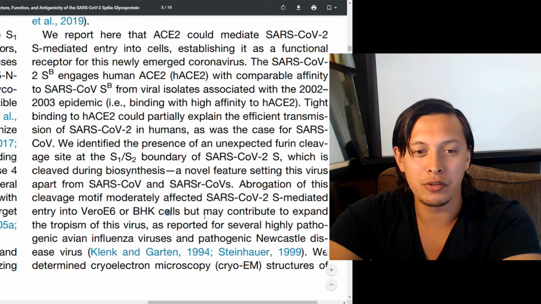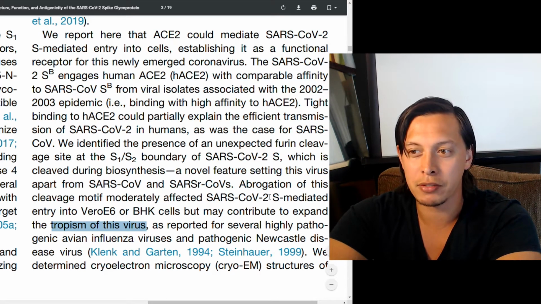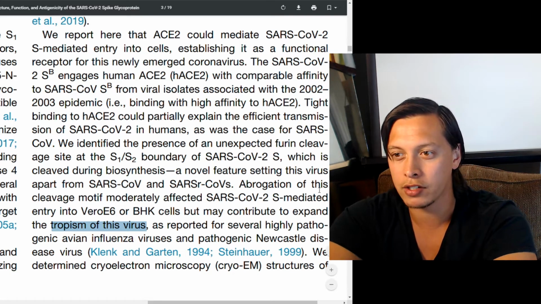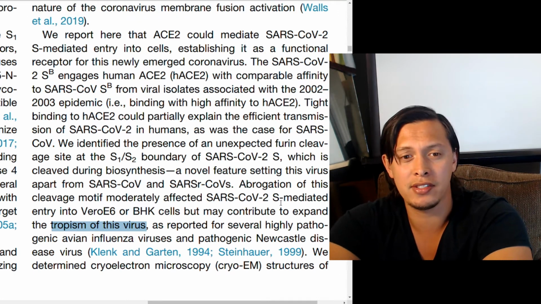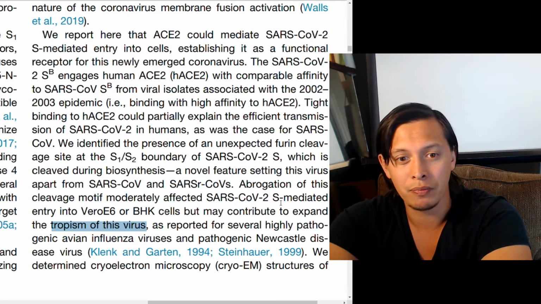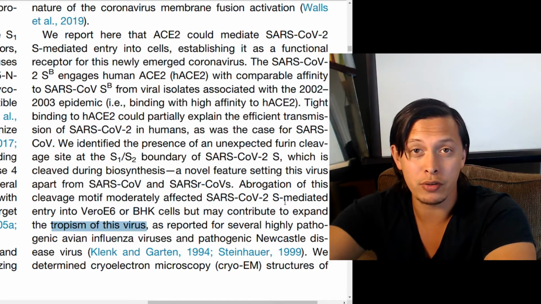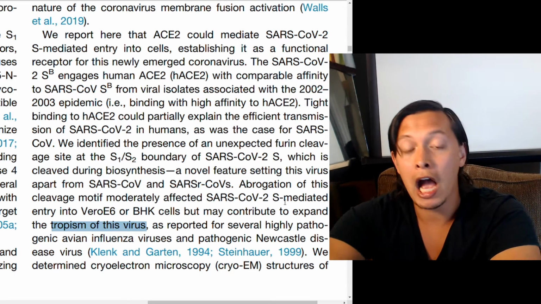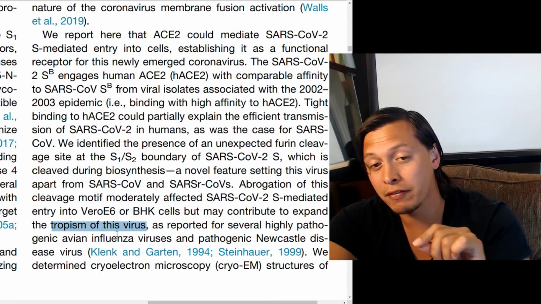But may contribute to expand the tropism of the virus. So this particular cleavage motif, sometimes it can make viruses more infectious, or maybe it could make a virus less infectious or less able to enter a cell. If a lot of cleavage is happening within the cell before the virus is produced, maybe it's not as effective at infecting a new cell. However, one of the benefits for the virus, not you, is that